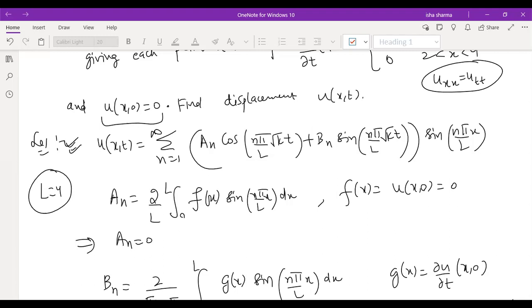सो l हमें गिवन हो सकता है, जैसे प्रीवियस क्वेश्चन में l गिवन नहीं था तो हमने l को l ही रखा था। तो जो जो गिवन है उसको सब्स्टिट्यूट कर दो और an, bn की वैल्यू निकालो इनिशियल कंडीशन से और उसको दोबारा से इसमें सब्स्टिट्यूट कर दो, you will get your solution.